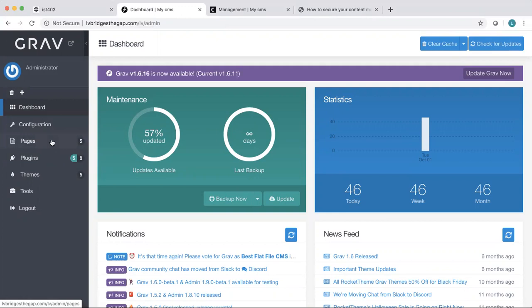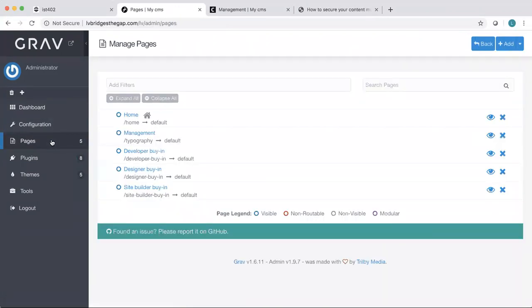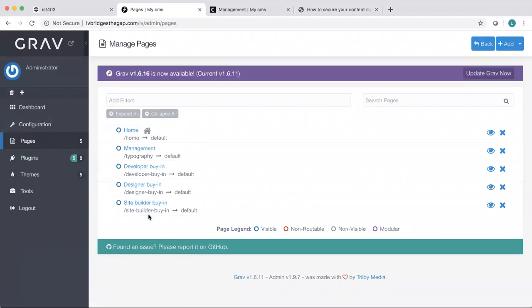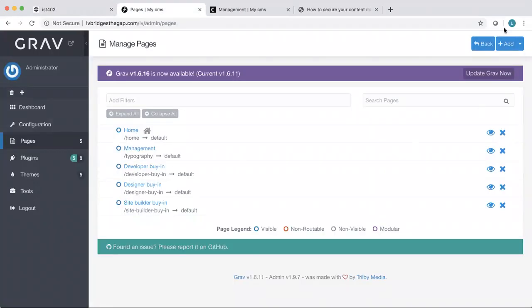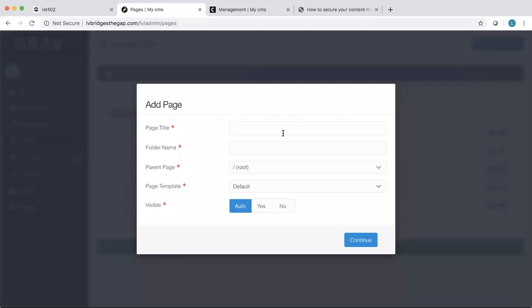But something that I really wanted to focus on are pages and how to create a new page and then how to update those. So as we see, we have all of these ones, but I did not create a page for the additional resources. So I'm going to do this by pressing add and then simply coming up with a page title. So for this specifically, I'm going to write additional resources, and this will be the new page name,